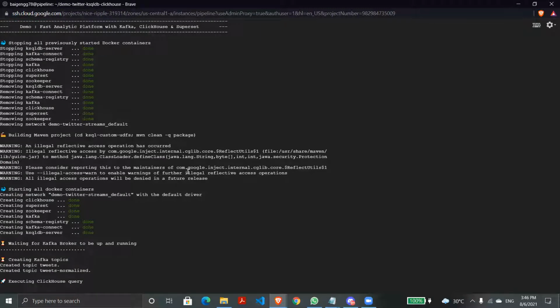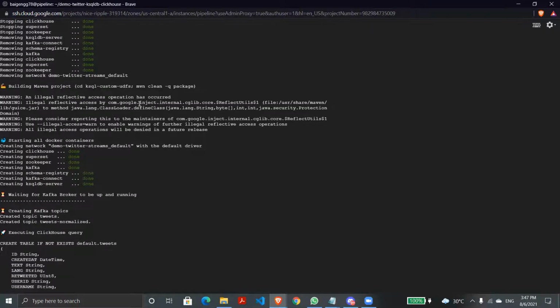One more point: instead of using Kafka, Superset, and ClickHouse manually, we can use Docker to pull those technologies directly. Instead of installing them manually, we can use Docker to install those containers directly. Then after installing Docker and Docker Compose, we'll use a Maven repository where we'll clean the buffer memory and the buffer data through this command, mvn clean package.